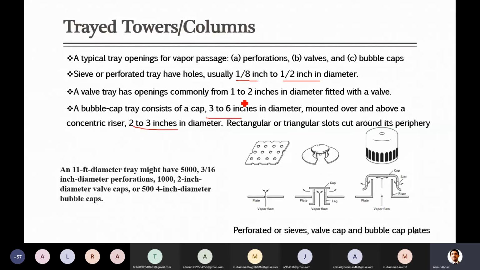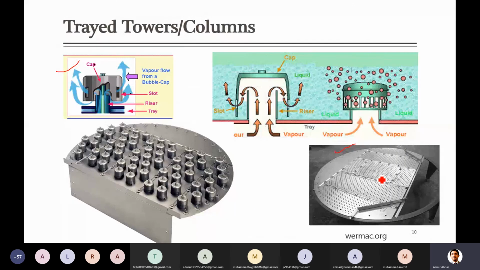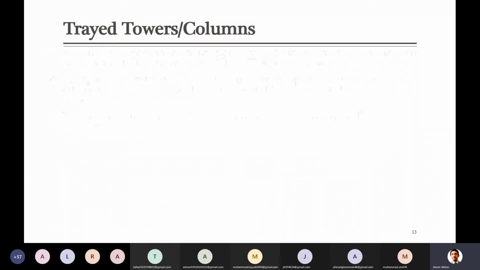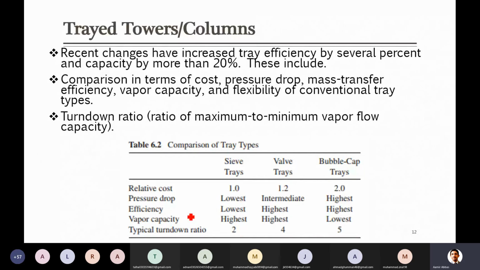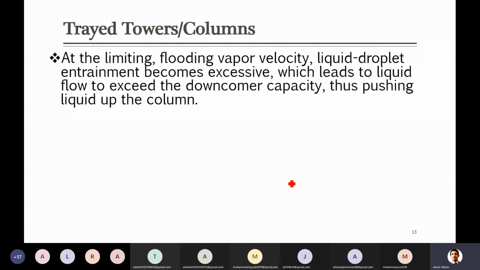And at the same time, if you are using the valve tray and that has a 2-inch diameter, they can be installed, you can see here, double in number as compared to this. So overall they will be less in number on the plates. Due to this, there will be less passage for the vapor, as one of the students mentioned. Yes, so in that case definitely there will be less vapor capacity handled by the bubble cap trays. So this is the last slide about this.